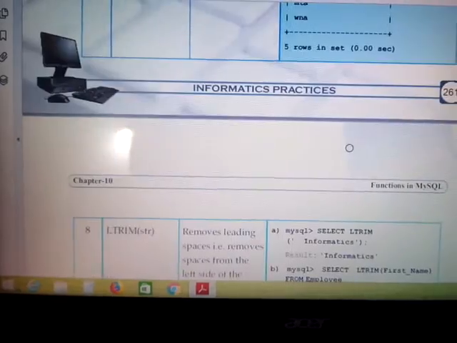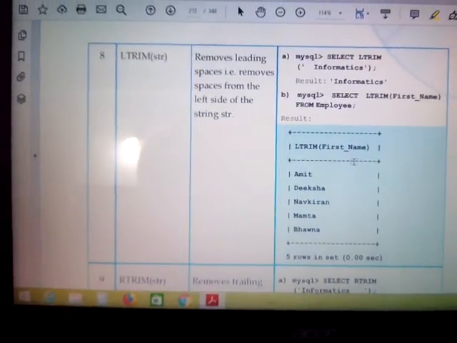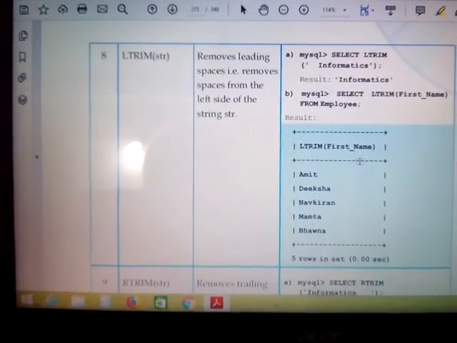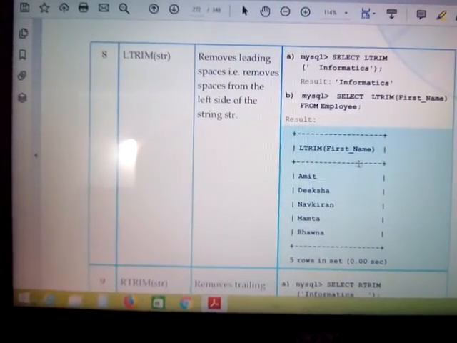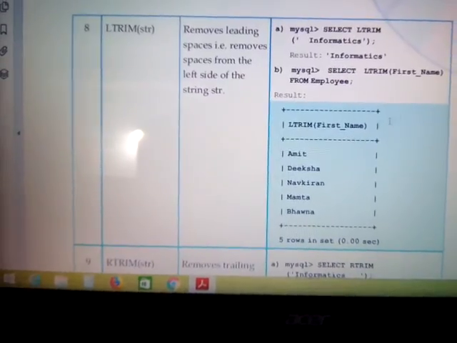Likewise, next is the ltrim function. Ltrim, L means leading, or we can say the left side of the string. Ltrim simply removes leading spaces. That means the spaces at the left side of the string. Just take